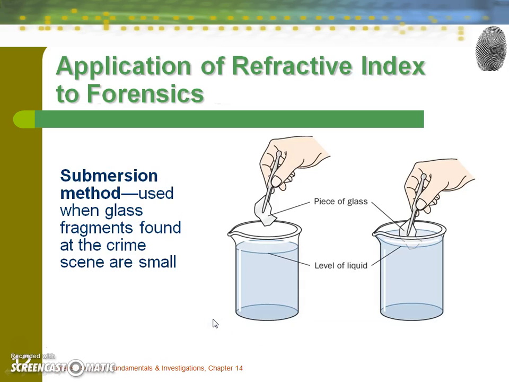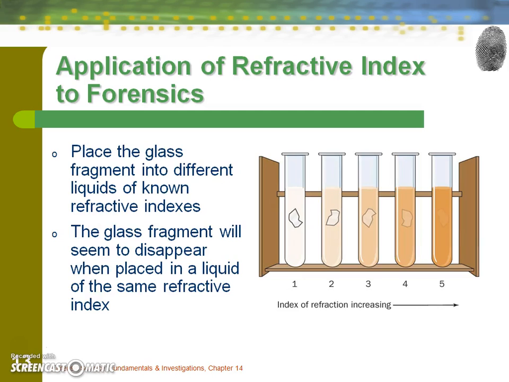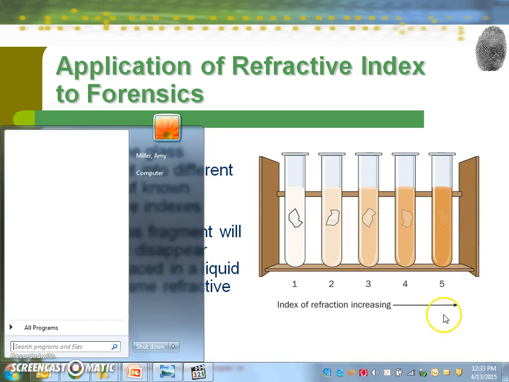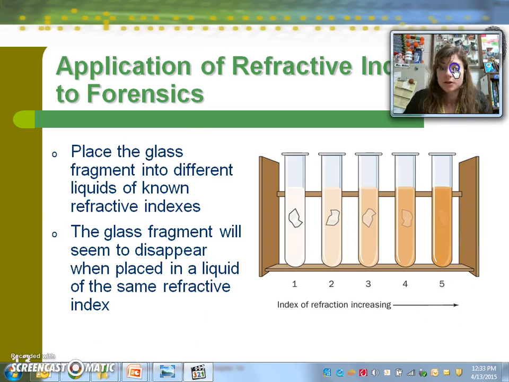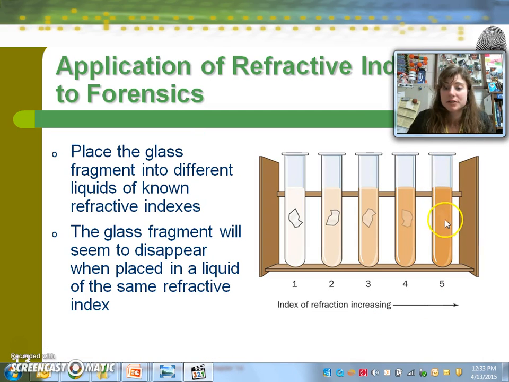So another way of calculating the refractive index is more of an estimation. If you take a known liquid, whether that's water or a certain type of oil, and that liquid has a known refractive index, then you can dip your glass sample in there. And the idea is that if the refractive index of the glass matches up with the refractive index of the liquid, more of what you see here, then you would be able to discern that this would have a relatively